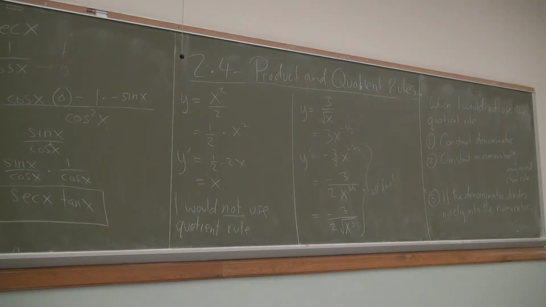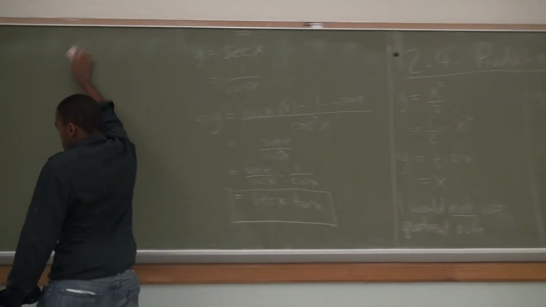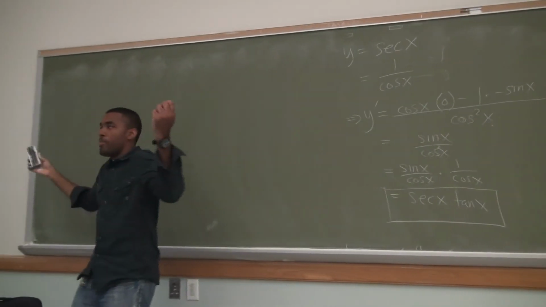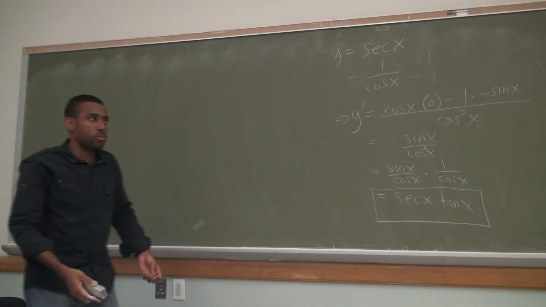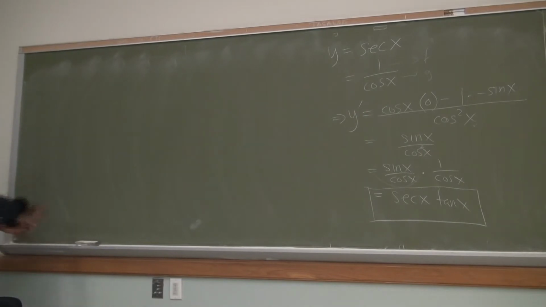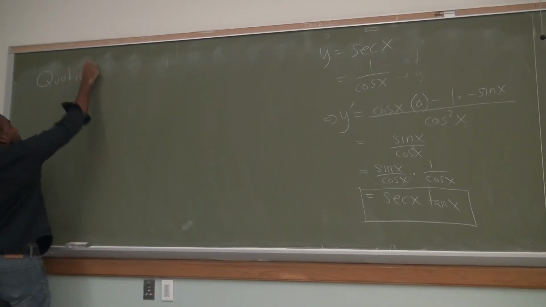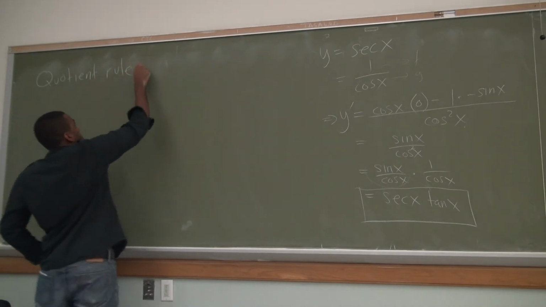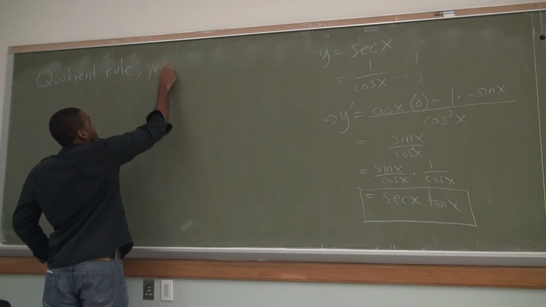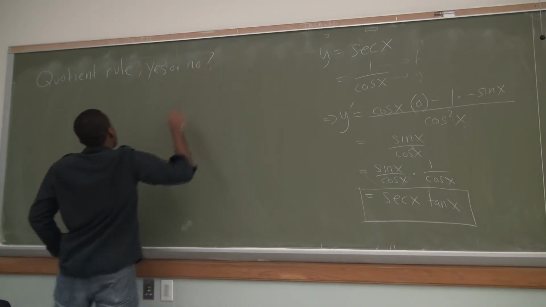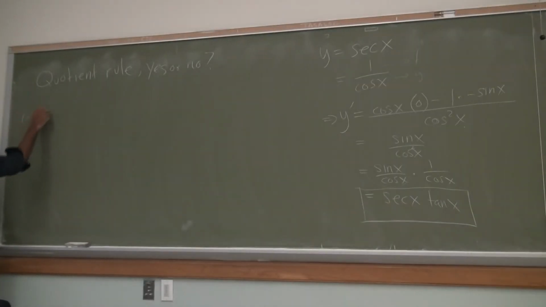So examples of that are things like with polynomials, it's easy. If you have a polynomial on top and just a single term on the bottom, odds are you wouldn't do the quotient rule. So something like y equals